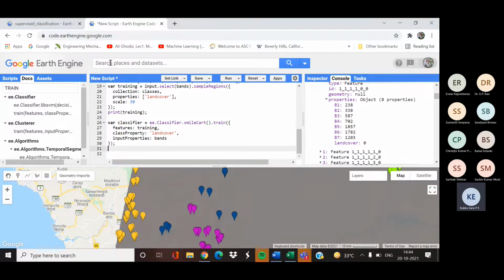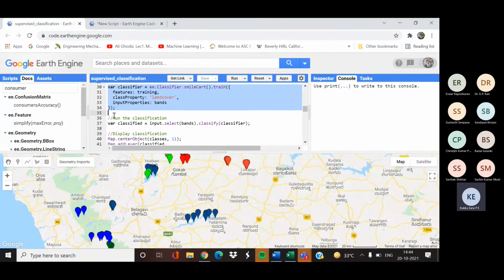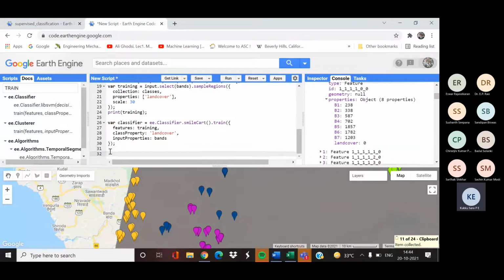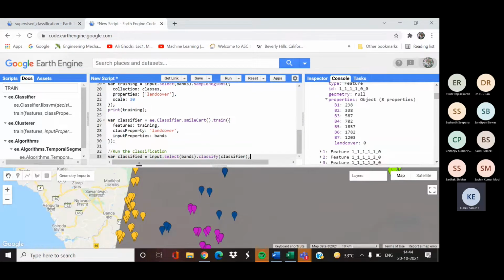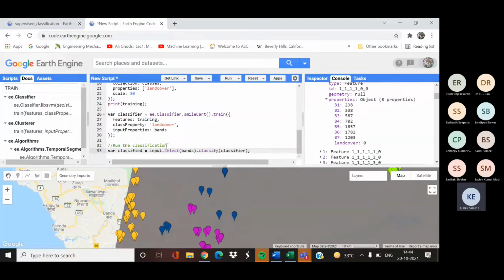Now we will run our classifier over the entire image. So for that we created a variable named classify. So use our input data. We are going to use this classifier over our entire input image so that it will classify the entire image.